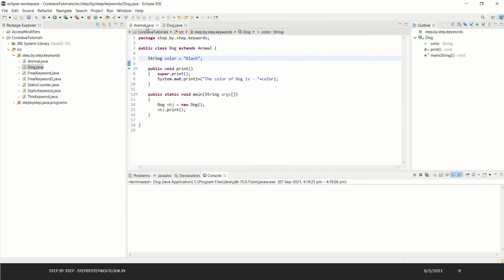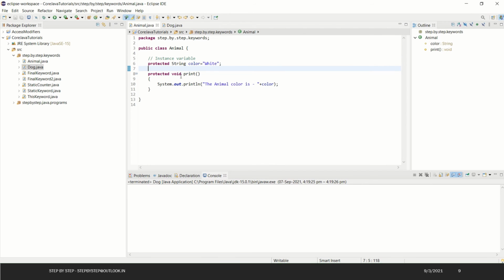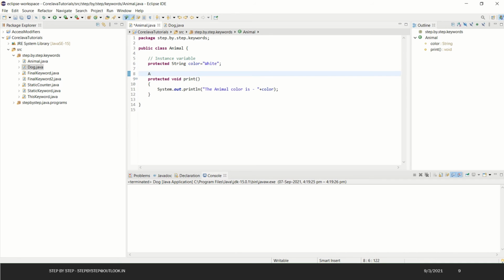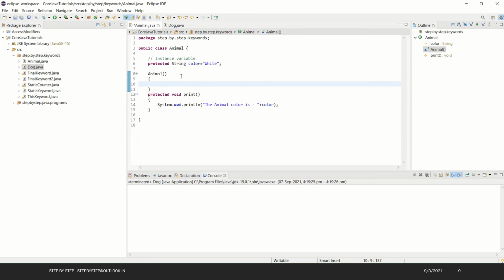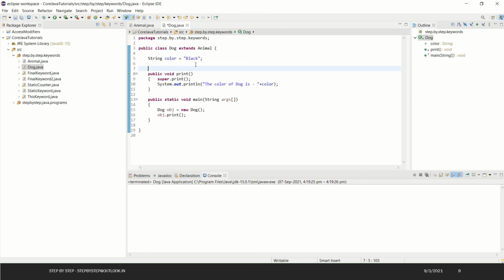Okay, so let me change the existing classes. I'll add a default constructor for both the classes to understand how the super keyword accesses the default constructor. We'll have a simple sysout saying animal constructor. Save it, then add one more constructor in the dog class.